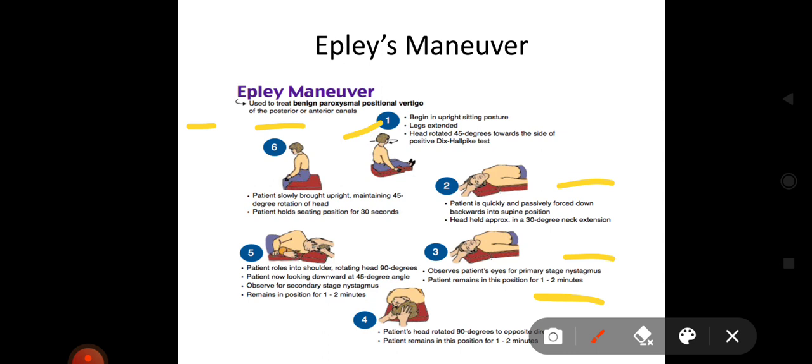90 degrees to the opposite direction, and the patient remains in this position for 1 to 2 minutes, and then the patient rolls onto the shoulder, rotating the head 90 degrees. Patient is now looking downward at a 45-degree angle. Observe for secondary stage nystagmus and remain in this position again for 1 to 2 minutes. And the sixth step is the patient is slowly brought upright, maintaining 45-degree rotation of the head, and the patient holds the sitting position for 30 seconds. So these are the 6 steps of Epley's maneuver, which is done to treat this posterior canal